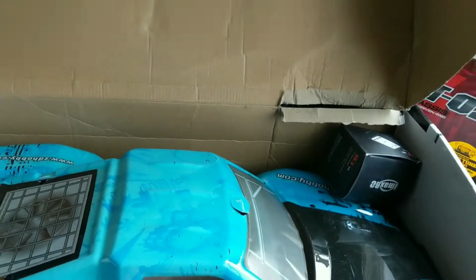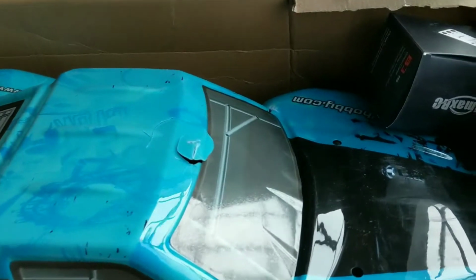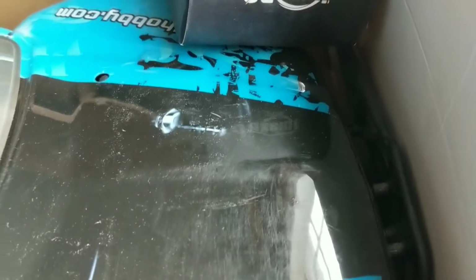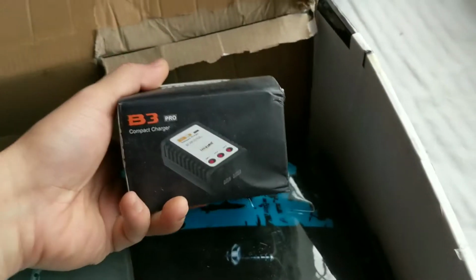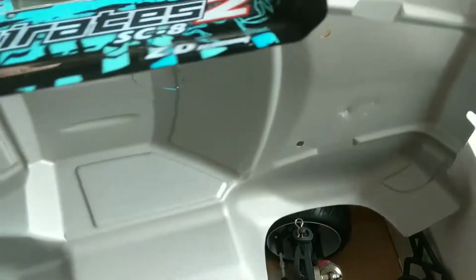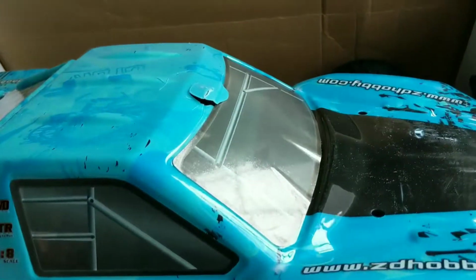So, this is exactly how the box came in, damaged, beat up, and this is what I found inside. So I saw this crack first, and then that. Here is the charger. I already pulled the pins off, but there was no plastic bag over the body. I can show you the damage that happened to the body during the shipment,